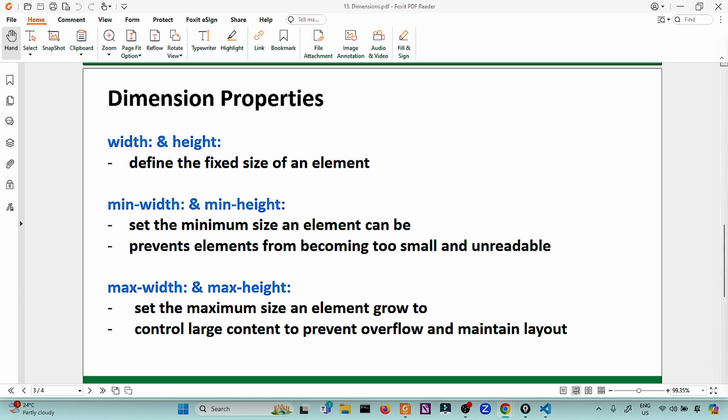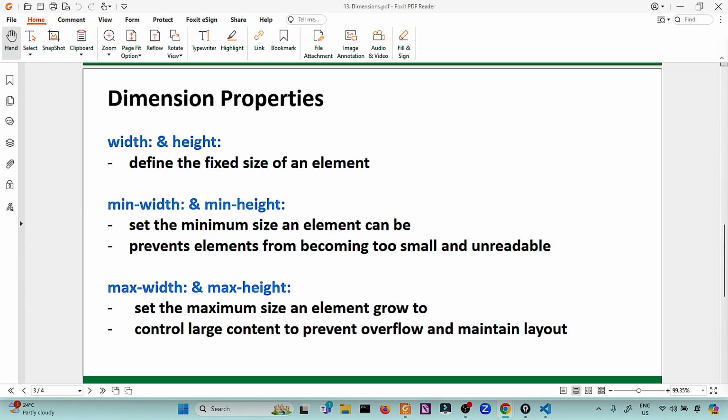The first two properties are the width and height that define the fixed size of an element. The next are the minimum width and the minimum height that set the minimum size an element can be, and this also prevents elements from becoming too small and unreadable.